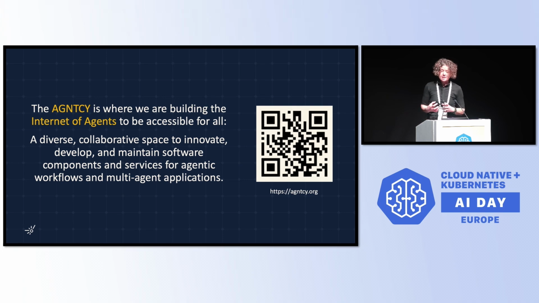Since this talk is about an agentic approach, I really want to highlight this new open source collective that has just launched. Its mission is to support the Internet of Agents, is what we call it, where we really believe that there's going to be a vast quantity of AI agents that are going to need a way to interoperate. So the collective has actually already been building out specs and starting to build some of the software that we think is going to be necessary for this Internet of Agents. QR code there, but you'll see it again later on.